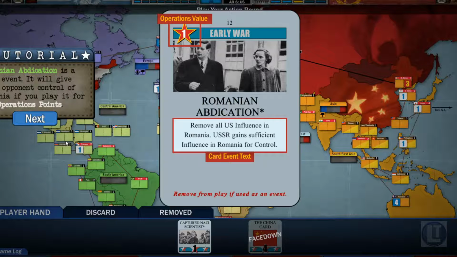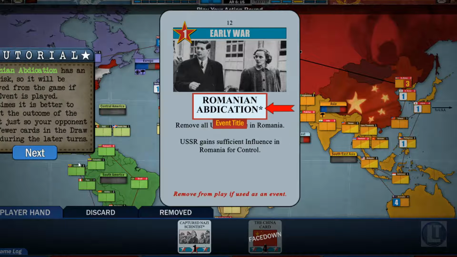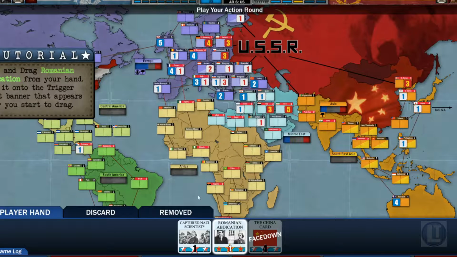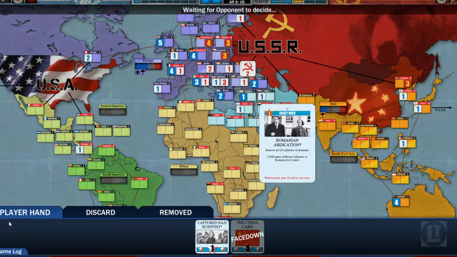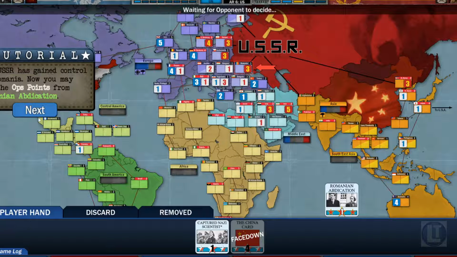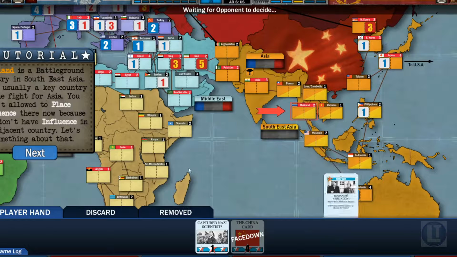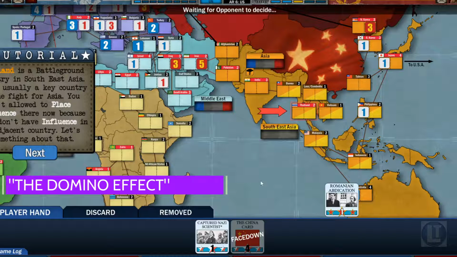So this event, when played for the USSR, will give enough influence for control of Romania, and so that will be removed from the game as well. And sometimes you just have to play events that are your opponent's events. Sometimes you just got to grin and bear it and play it and just deal with the consequences because you don't have a choice. So we're going to play this card, and we'll let the opponent take the event first. So we're going to trigger the event first, and that gives 2 influence into Romania, so they've now gained control there. And now we're going to drag the card to place influence, and we're going to place in to work